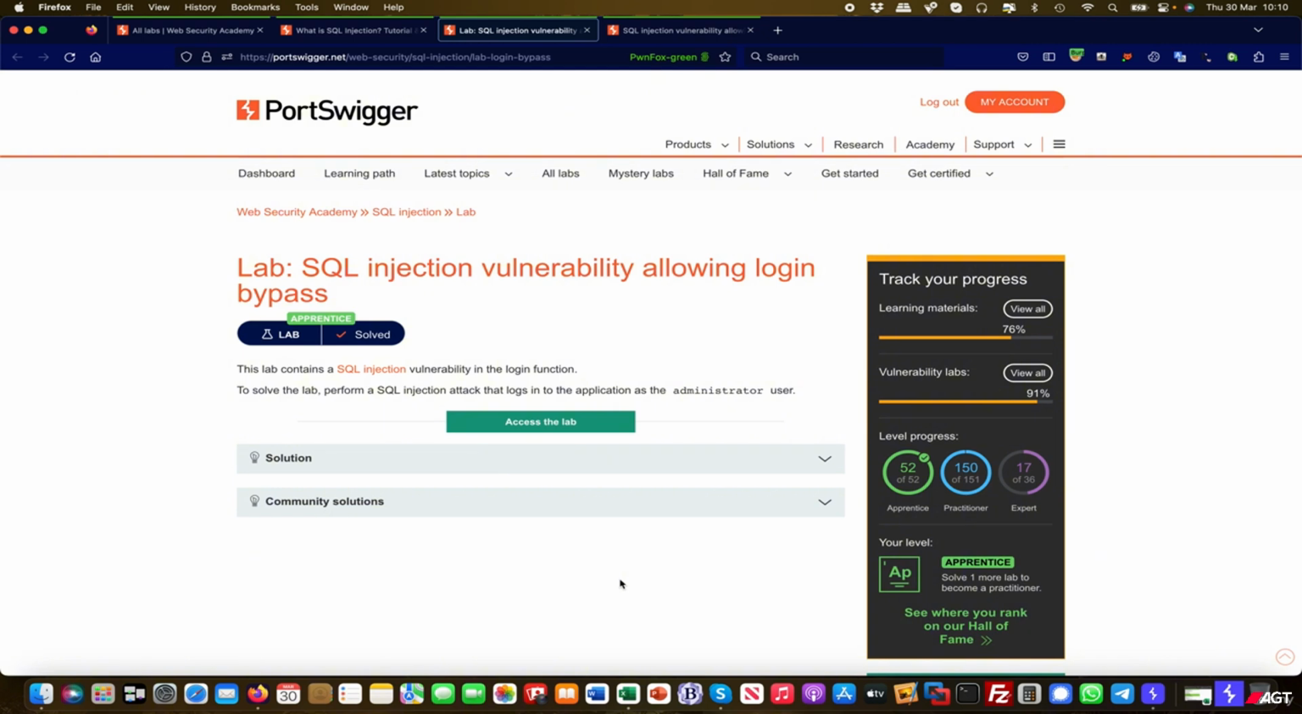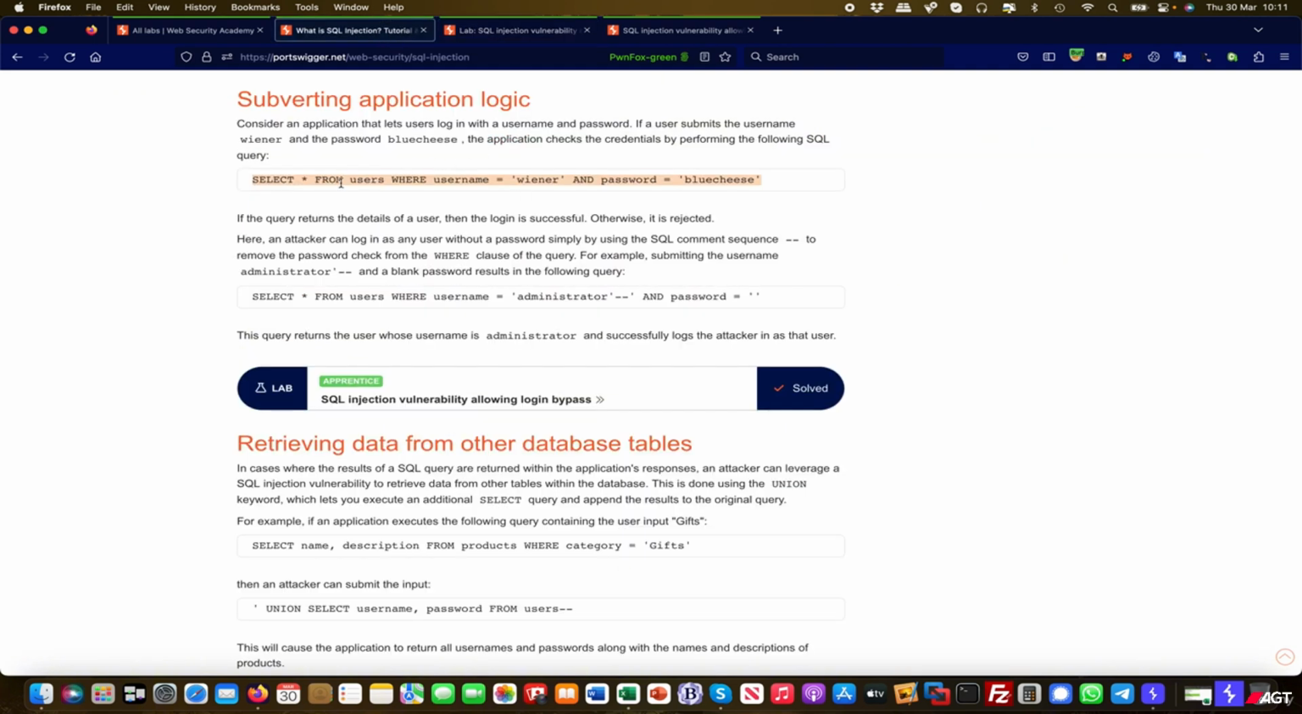Today we are looking at another SQL injection vulnerability. This time the lab is SQL injection vulnerability allowing login bypass. Effectively, there will be a login functionality in the web application which is vulnerable to SQL injection. Let's get started. First and foremost, for a better understanding, the login process makes a query to